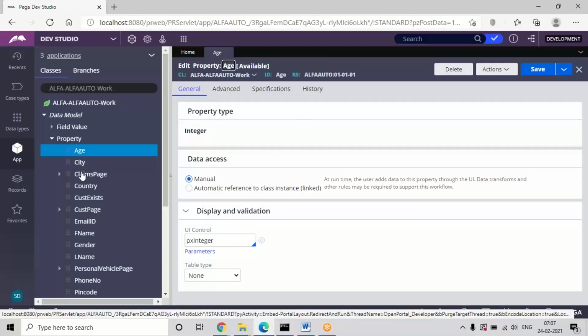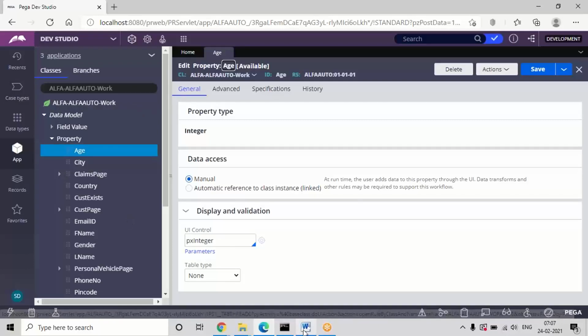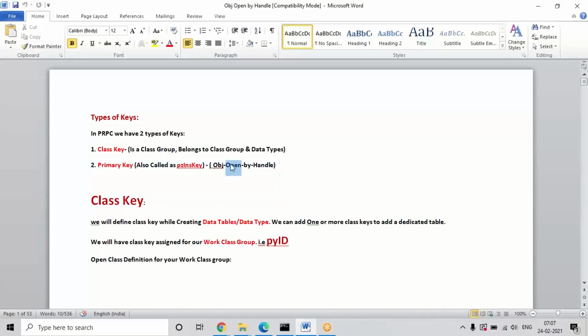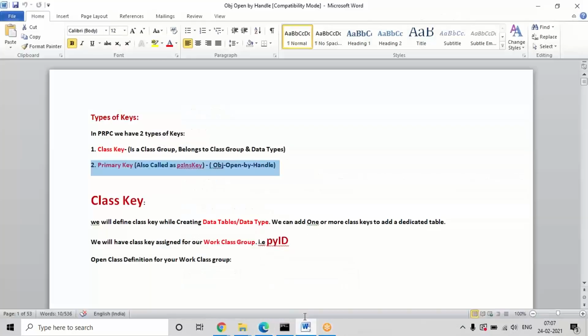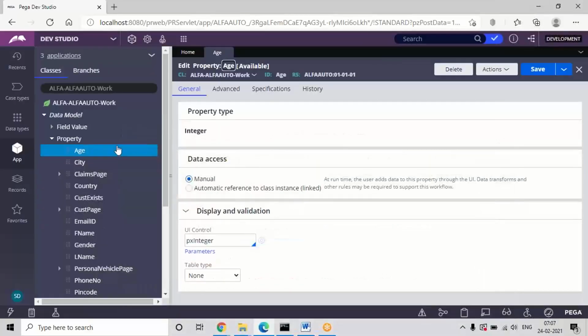So internally, for every rule or every class or any table, if I click on any class name or rule name here, it will execute a method called Obj-Open-By-Handle. The reason is that to view the rules, open the rules, or map the rules in the application, for every rule it will execute Obj-Open-By-Handle. So the primary key will be there for every rule in Pega.